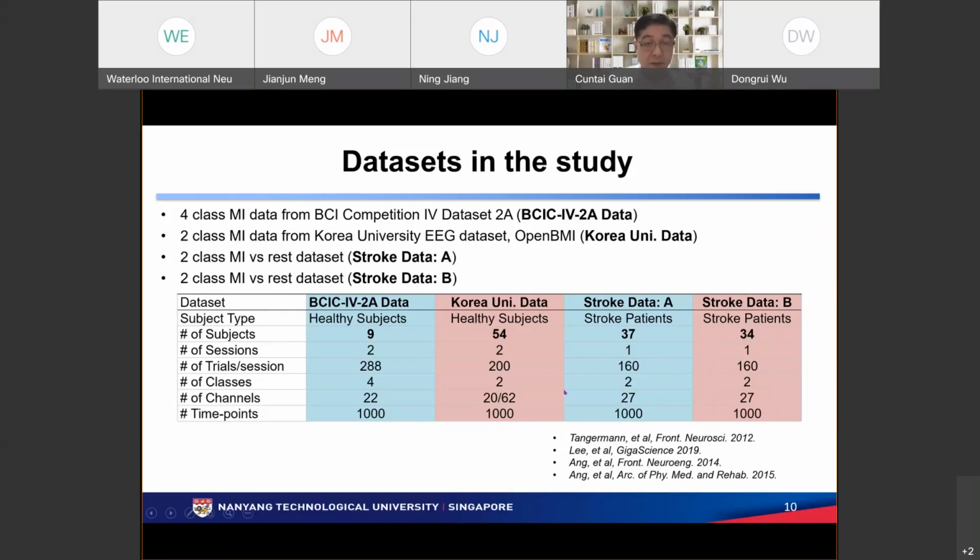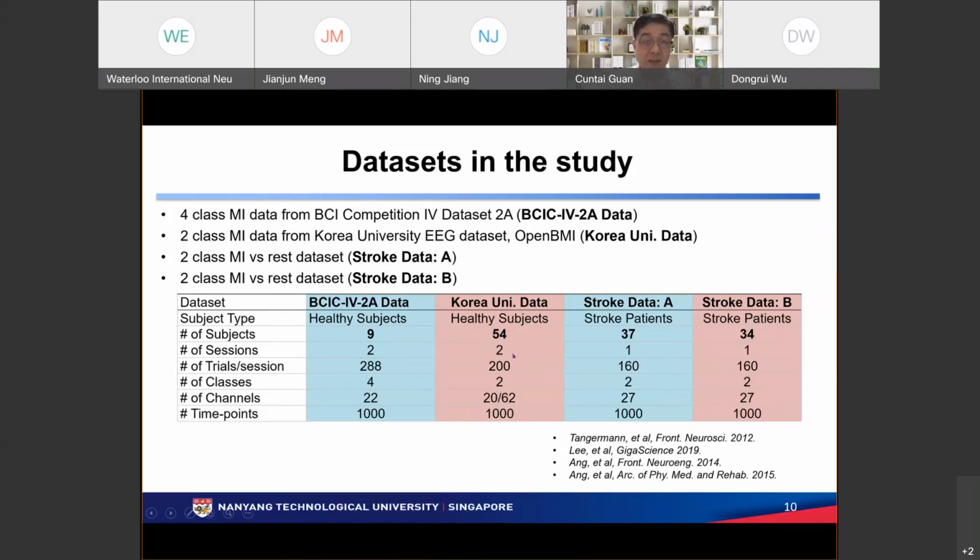Just want to mention one more thing, the difference between the multi-session, 2-day session issue. Because we know there's variability, when you train the model on the first session or first day, then you test on the second day, the performance may change. Normally it will drop. So that's another factor we don't want to confound all the comparisons. So in other studies, we choose one of the sessions for this particular study.